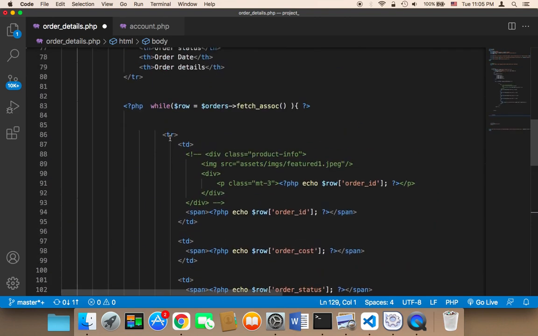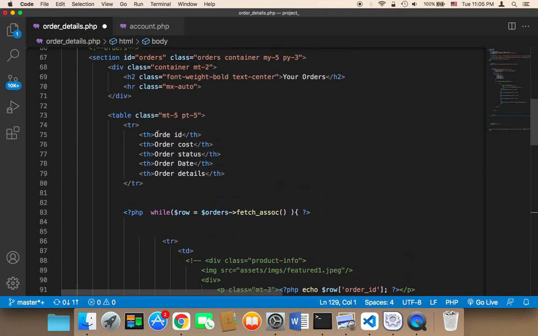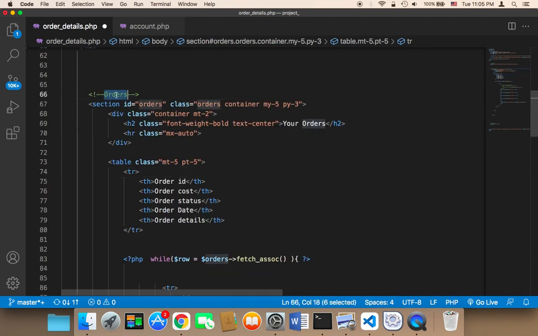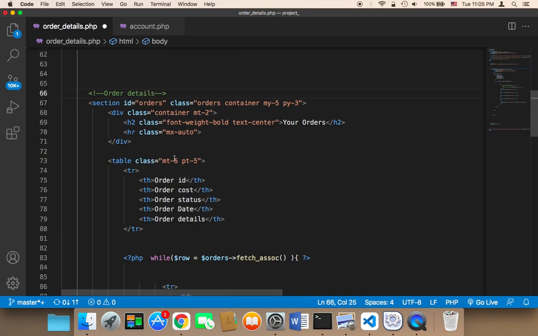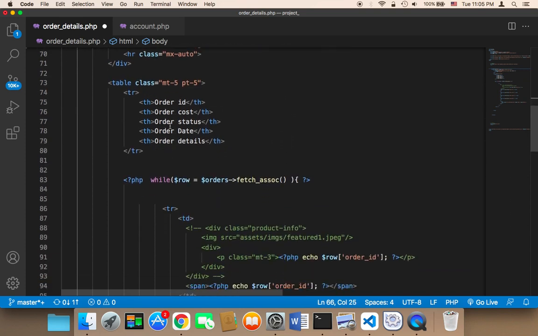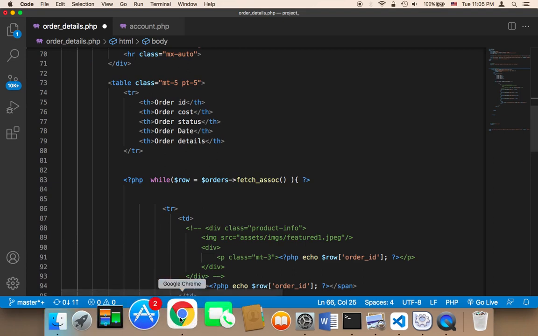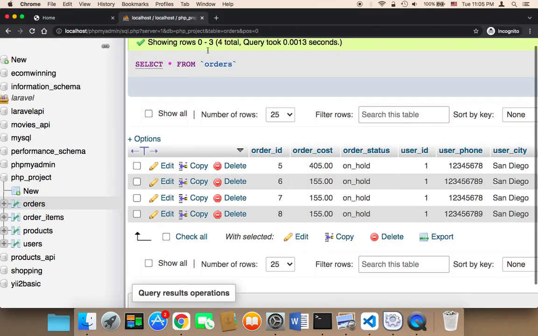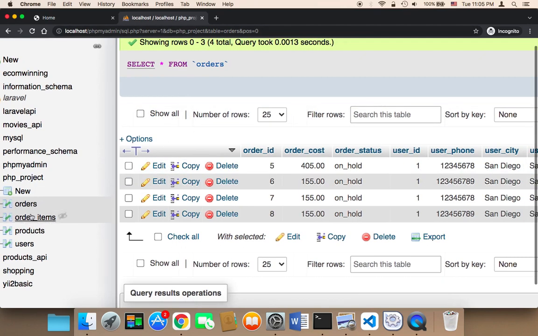And we need to change many things. The first thing is that we need to display, instead of order, First I'm going to change this to order details. And then instead of displaying the order itself, we need to display the products that belong to that order. So to do this, we need to check the database. So in the database, what we can display is